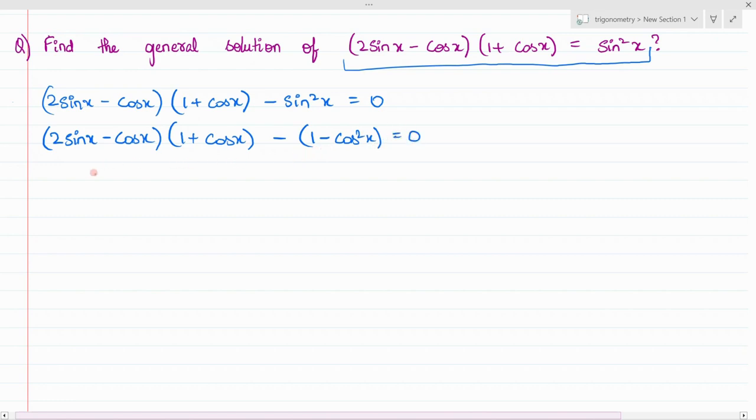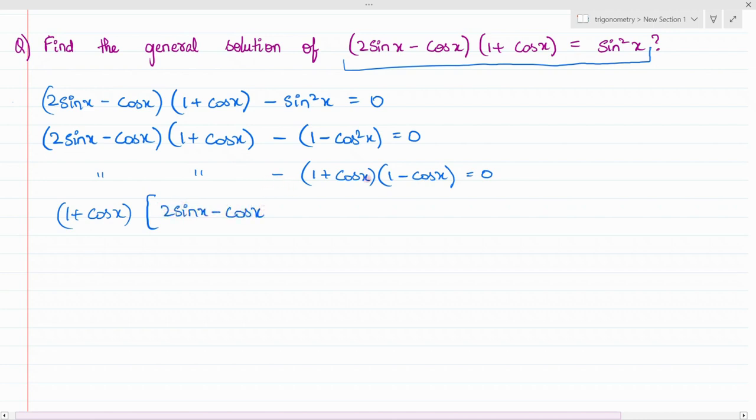Now, this is the same thing. This can be written as a square minus b square, right? So 1 plus cos x into 1 minus cos x. Now here also 1 plus cos x is there. So take common. It will be 2 sin x minus cos x, and this minus gets multiplied here. It becomes minus 1 plus cos x equal to 0. Here this and this get cancelled. Now 1 plus cos x into 2 sin x minus 1